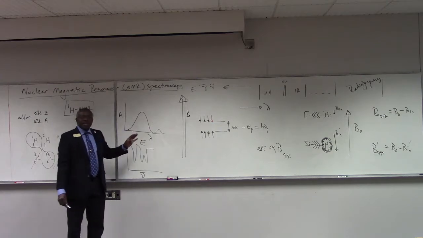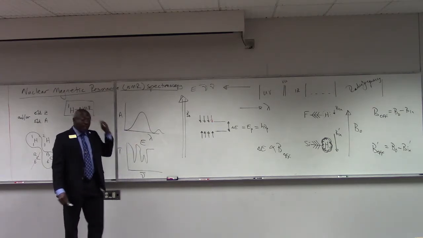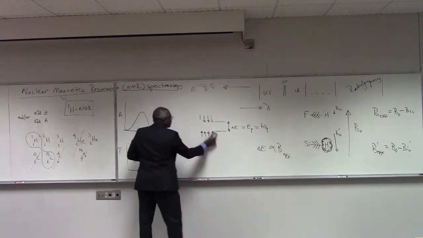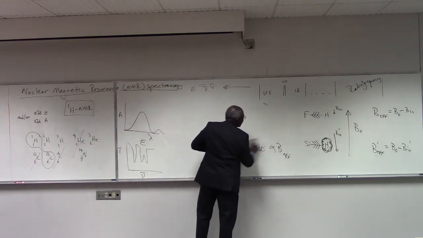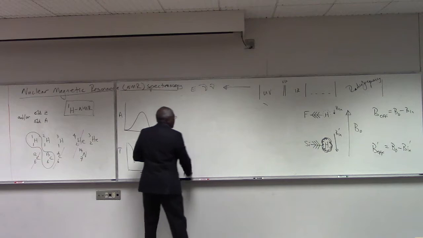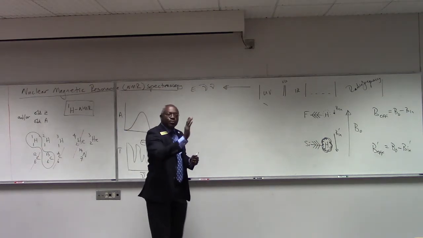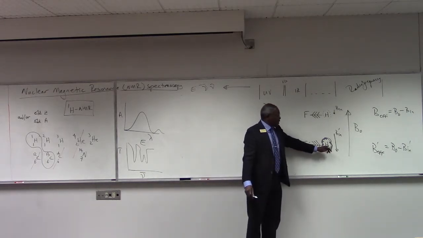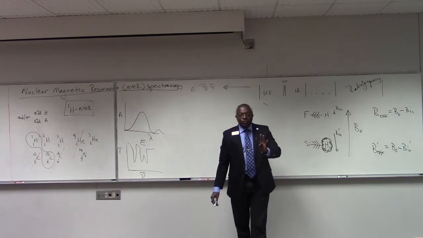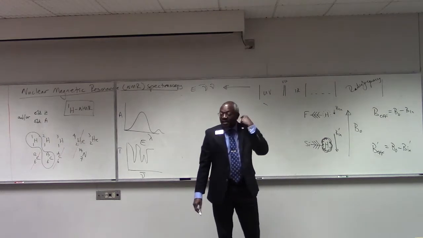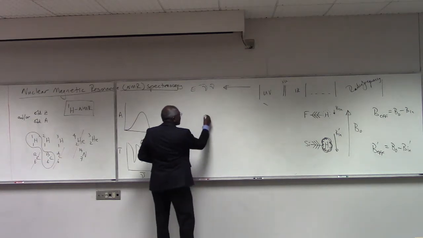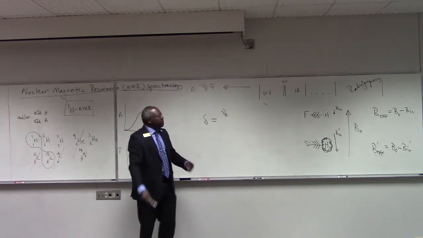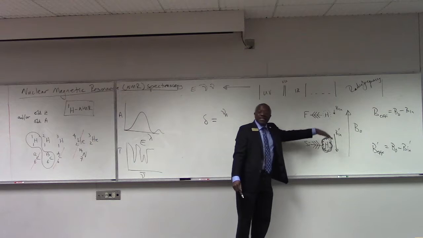So what's our energy proxy? What's our term for energy in NMR? What we use for NMR is something called a delta value. And the delta value really is related to the frequency at which the proton under consideration appears, relative to a standard. We'll talk about a standard in a second. So we define the delta value as the frequency of the proton under observation, the H in HF, the H in silane, for example,